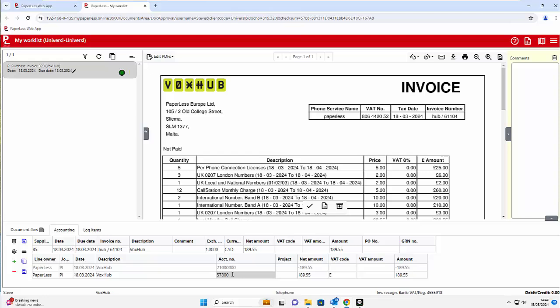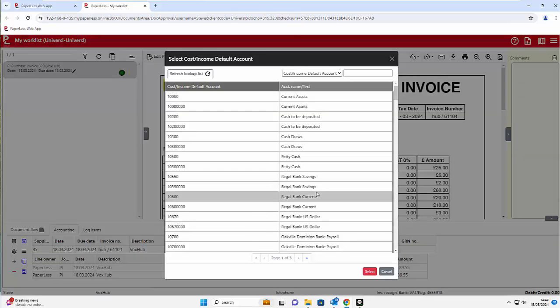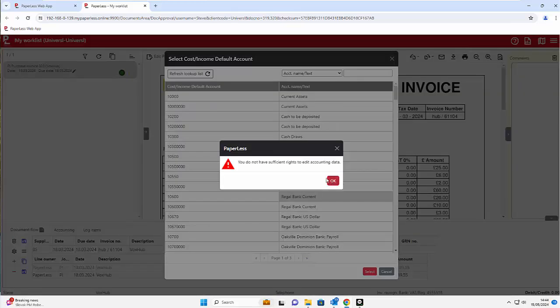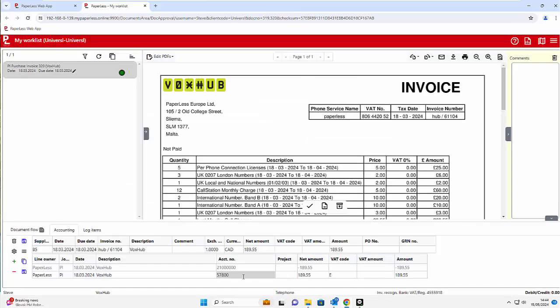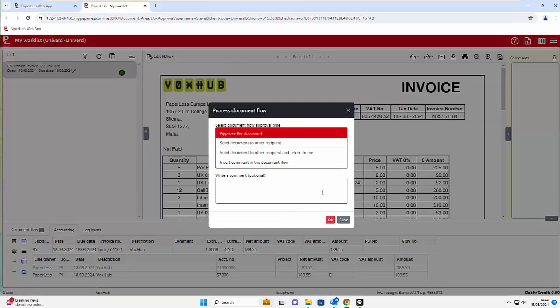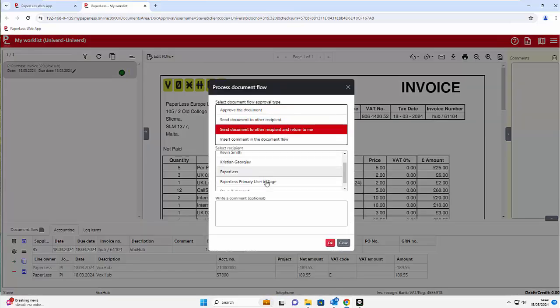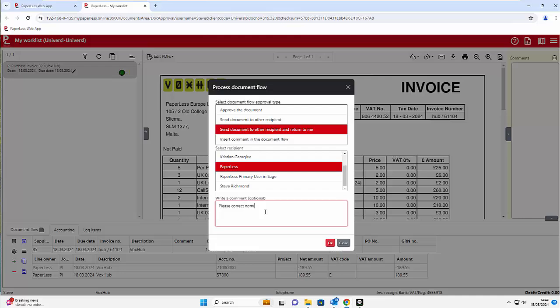On this second invoice, let's say that the user does not agree with the nominal code. As you can see, if the user tries to change it, the system gives him a message saying that he does not have the necessary user rights to change the accounting data. So what the user needs to do is to send the document back to the user, Paperless,